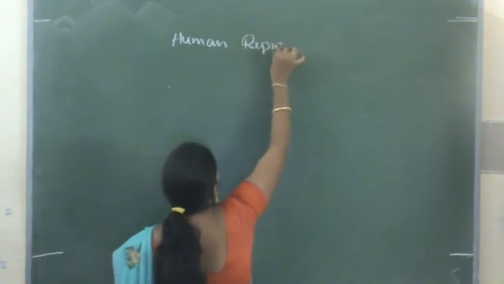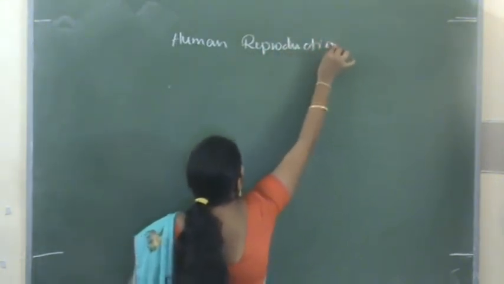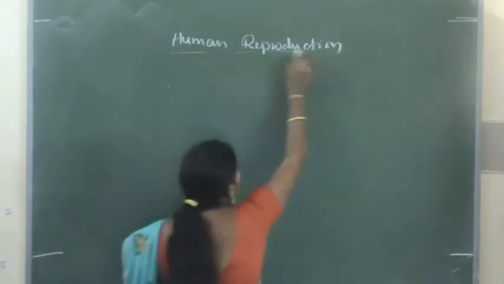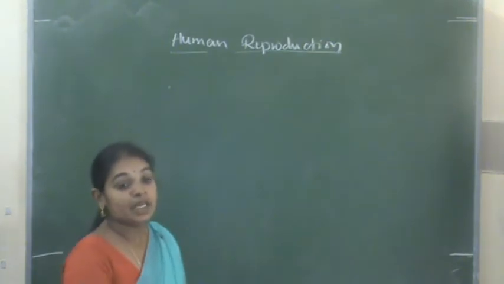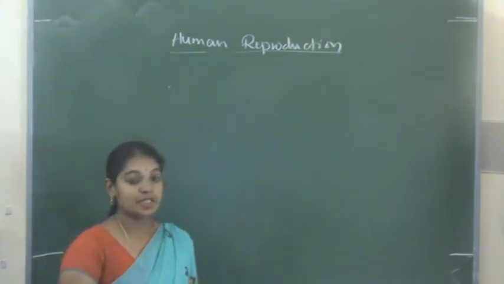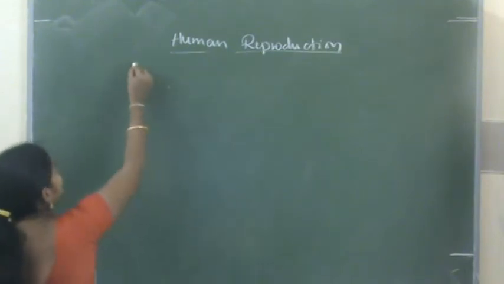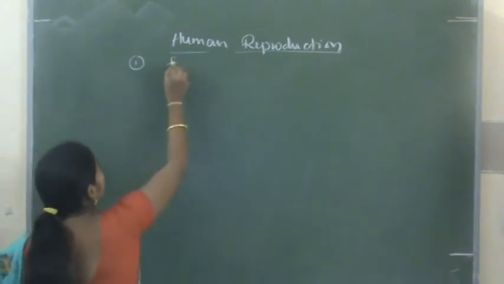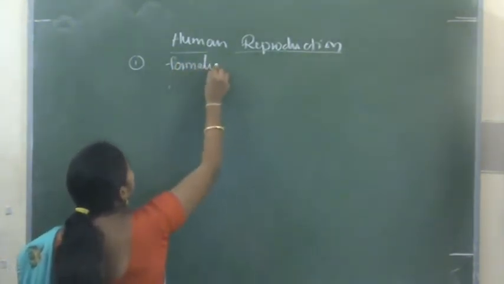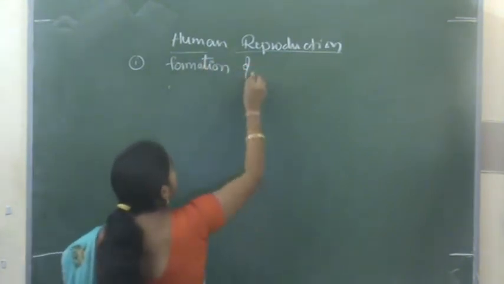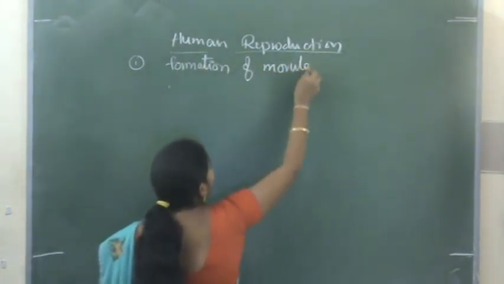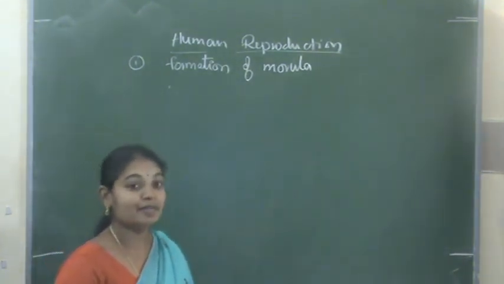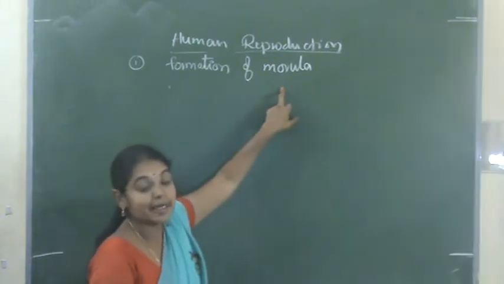So in the last class we discussed the cleavage pattern, how the cleavage takes place, what cleavage is, the types of cleavage, and how the cleavage process takes place in human beings. Here, in the first step of the cleavage, we already discussed the formation of morula. Formation of morula. This morula is a solid ball-like mass, which at this stage